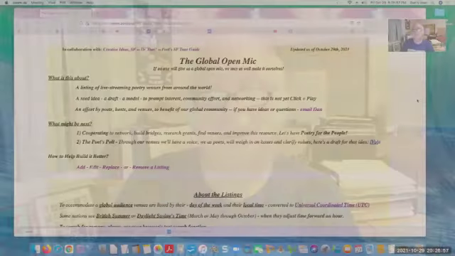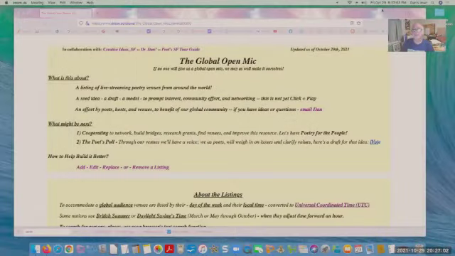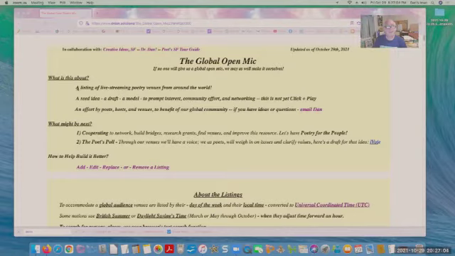I'm going to share my screen. This is what the page looks like at the top. This is what it's all about, really and truly. Let me just highlight that. And we're looking for venues. We have a lot, but we're looking for more. This page is pretty much a model, a draft, a prompt to inspire further effort. And it is an effort by Poets Host Venues to benefit our global community.